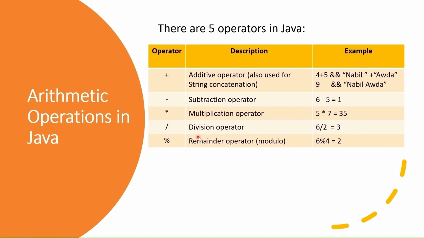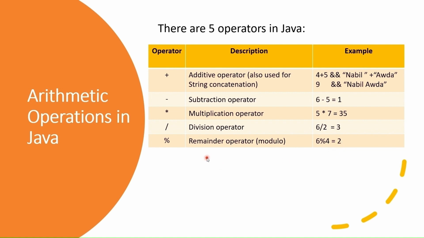The fourth operator is division operator. 6 divided by 2 equals 3. And the last one is the remainder operator or modulo, which is the remainder of the number divided by another number. For example, 6 modulo 4 equals 2, which is 6 divided by 4 equals 1, and the remainder is